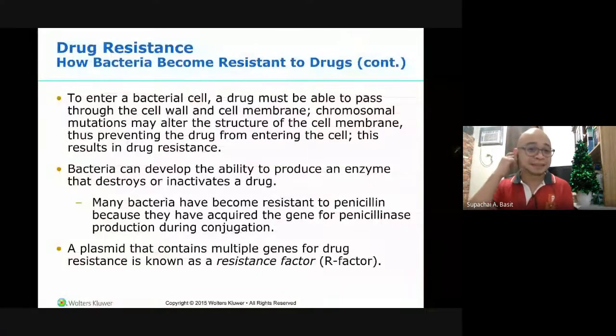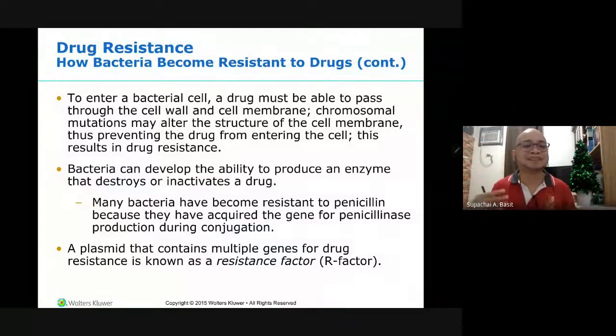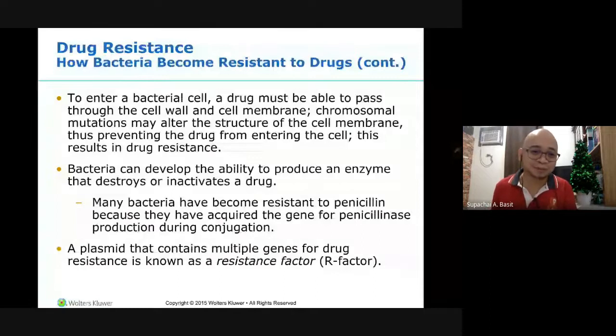So to enter a bacterial cell, a drug must be able to pass through the cell wall and eventually the cell membrane. At this point, chromosomal mutation may alter the structure of the cell membrane. If the physical appearance of the cell membrane changes, it will now prevent the drug from entering the bacterial cell. Therefore, bacterial drug resistance will also be developed. So you do not want to change the cell membrane of a bacteria, because that way, drug resistance could actually